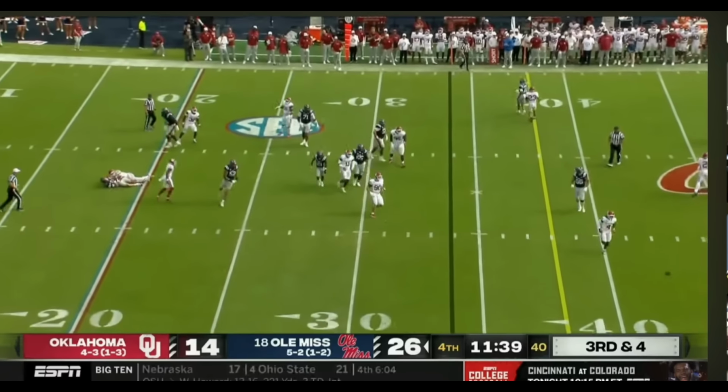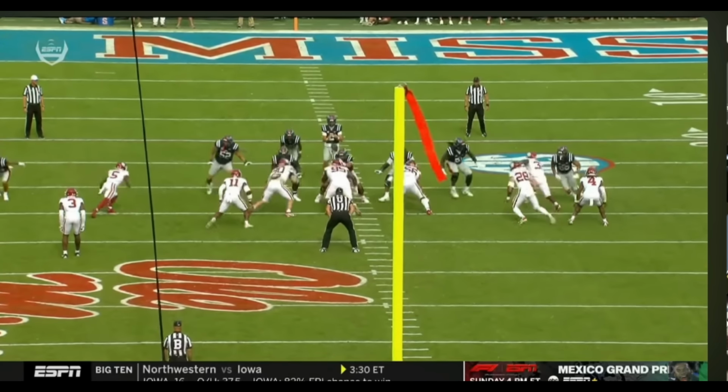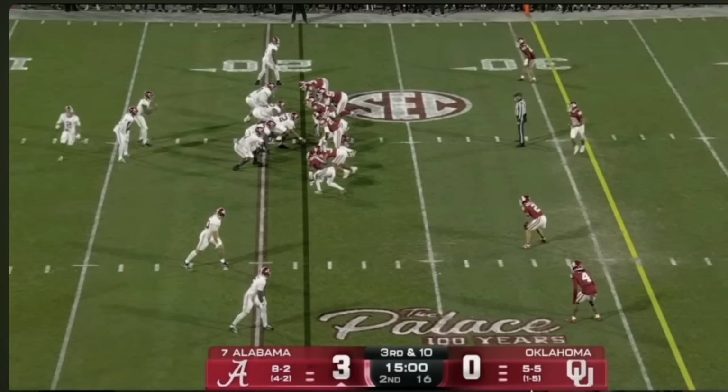The back provides help to the offense's right, allowing Oklahoma to outnumber Ole Miss to the offense's left. Danny Stutzman comes free, and really the only thing Jackson Dart can do is get rid of the football to fight another day. Oklahoma hosting the Alabama Crimson Tide last year, and if Tide quarterback Jalen Milroe is wondering whether